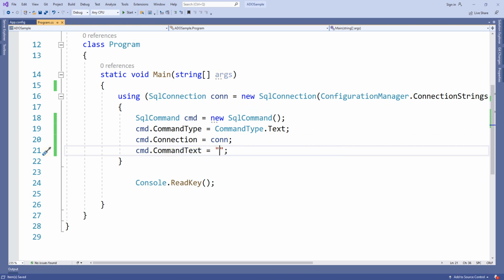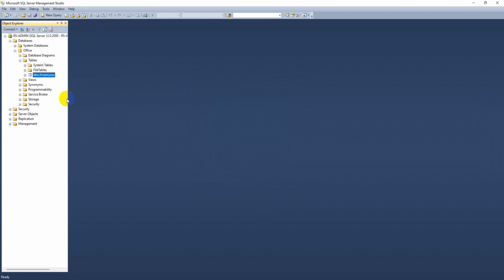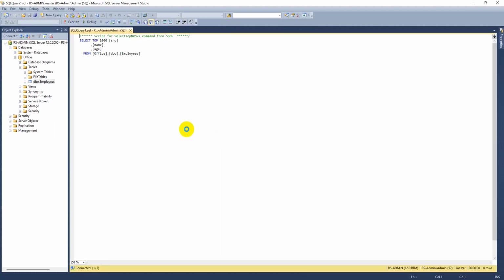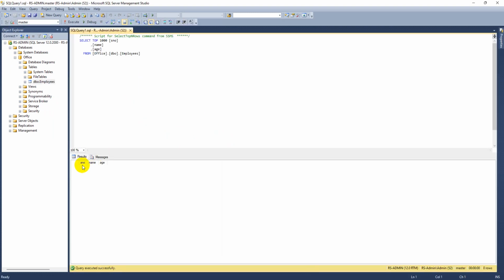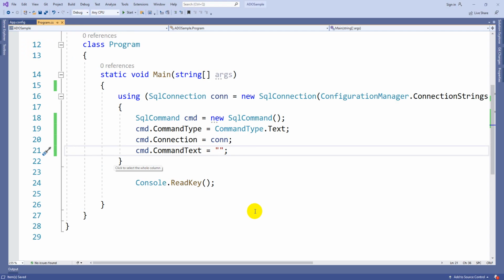So yesterday we created a database called Office. In that we had created a table, and after renaming, the table name was employees. I just want to insert values into the same table. Here we have three columns: serial number, name and age. So I just want to insert records into that one.